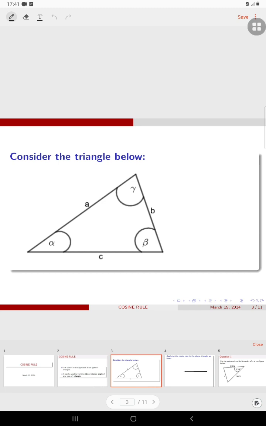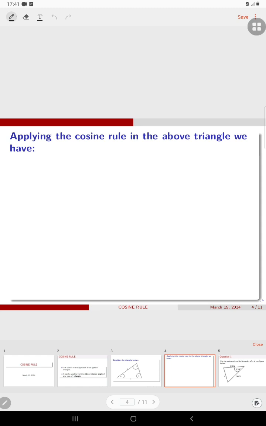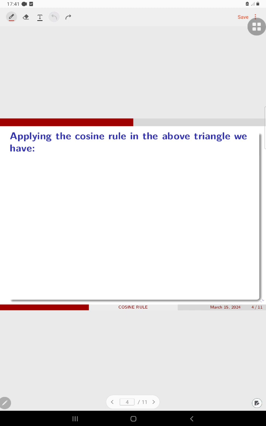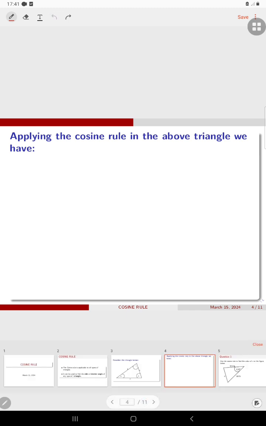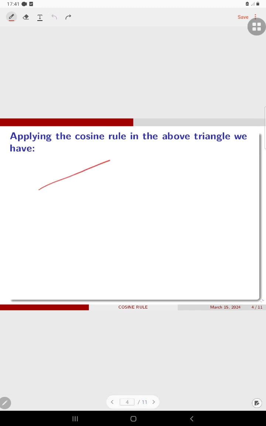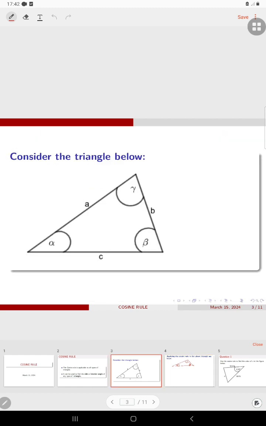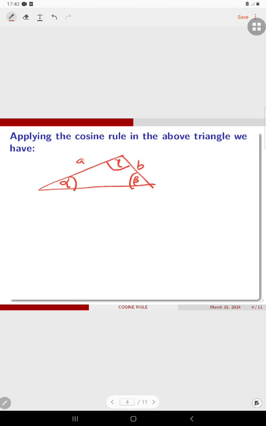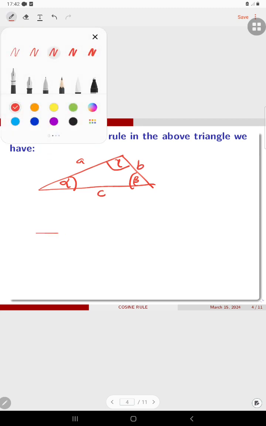Now let me transfer the diagram here so that you can follow what I'm saying better. This is the triangle. This is gamma, this is beta, this is alpha. The interior angles. Here A, B, C. The cosine rule is saying that when you take, for example, A